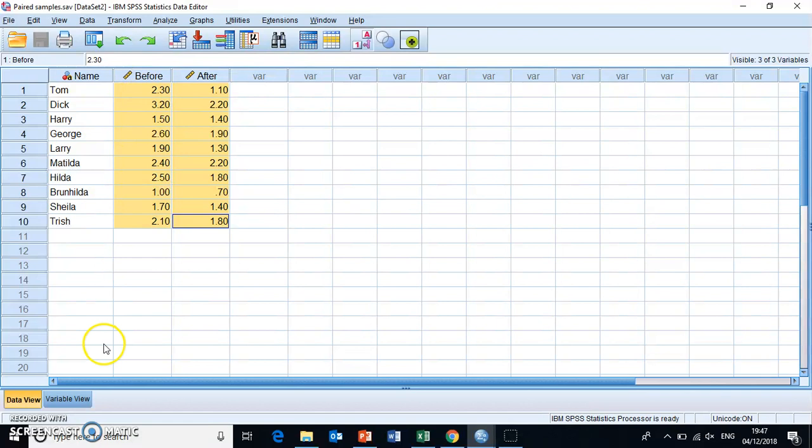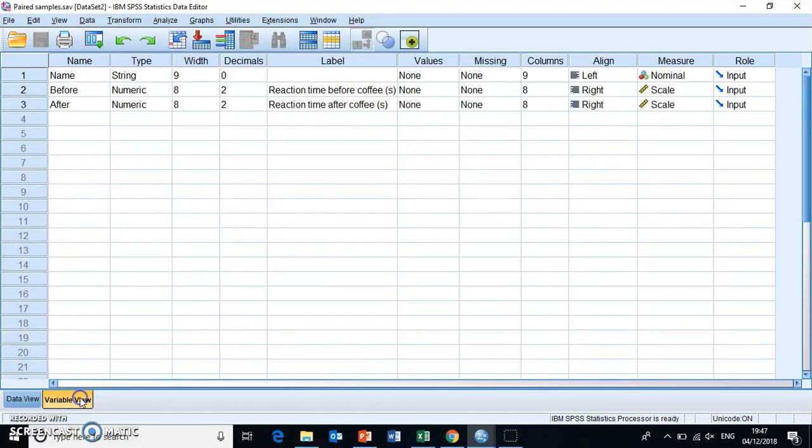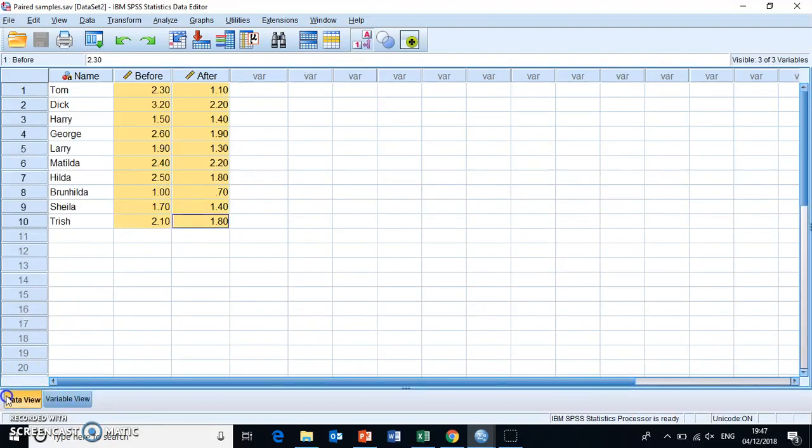And what we have done, and we can see this in our variable view where we can see a bit more details about the variables that we've recorded, is that this number before and after represents the reaction times of people to an experiment in seconds before they had coffee and then again after they had coffee. Now there is a difference between how these data are set up